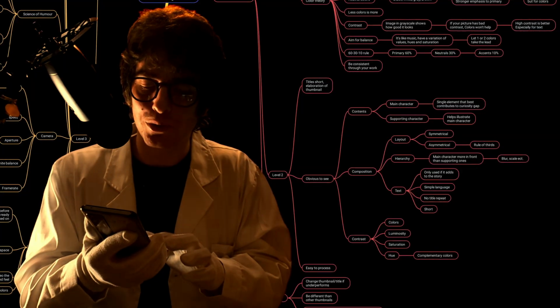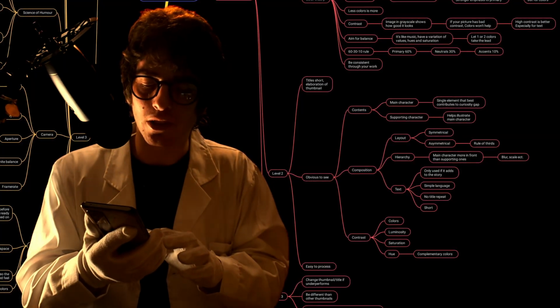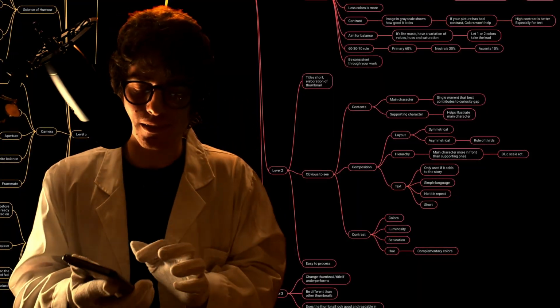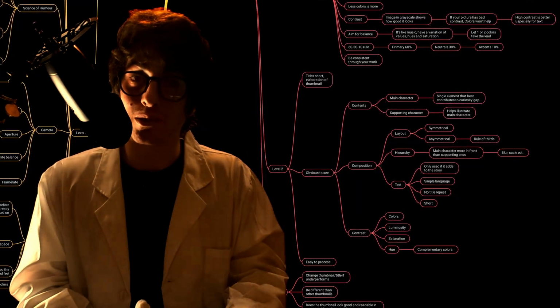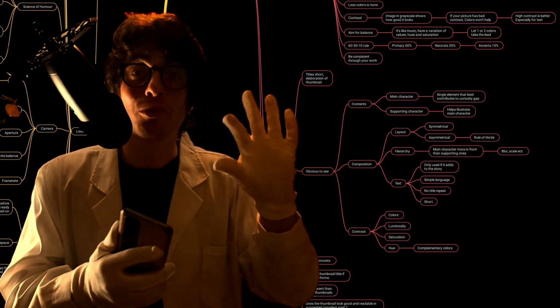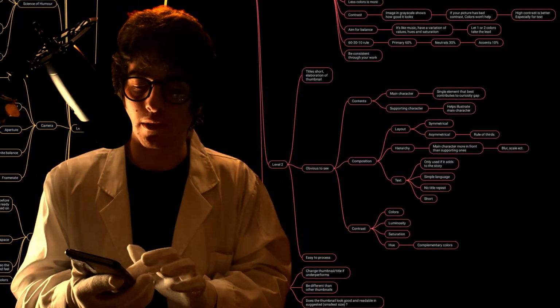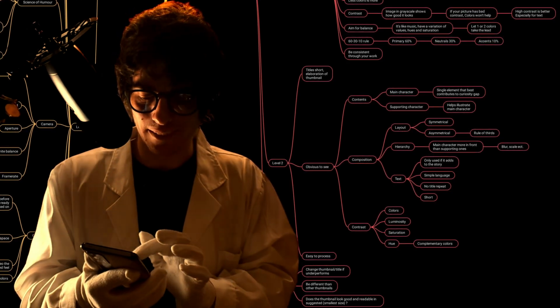Does the thumbnail look good and readable in suggested? You have to make it look good at its smallest size, which is what people are going to see probably in the search suggested tabs. People often look much more at what is suggested than searched. So yeah,